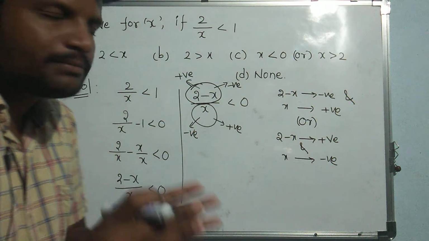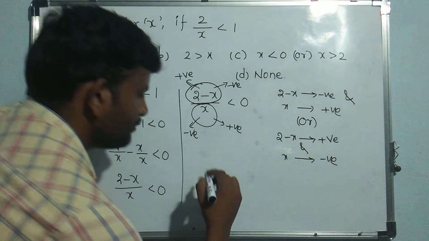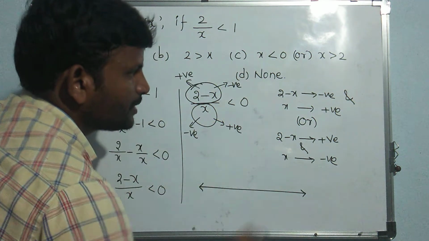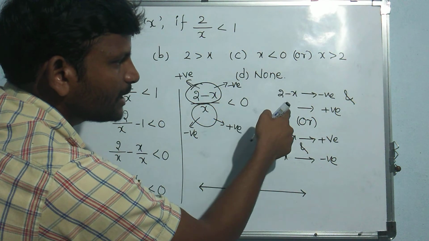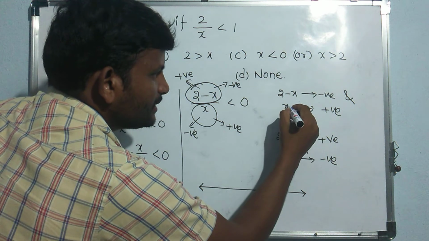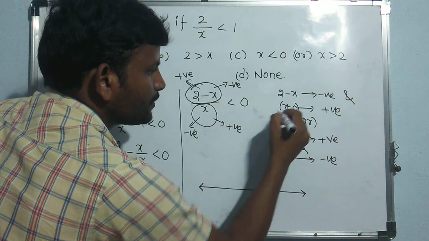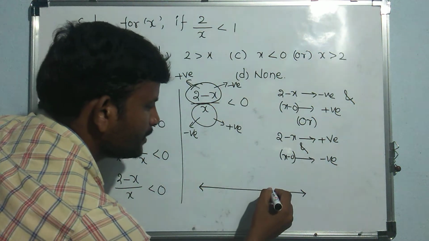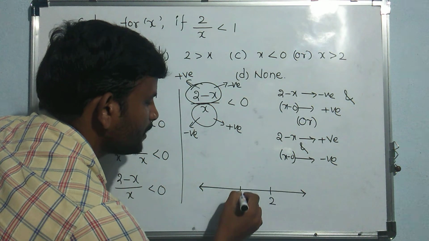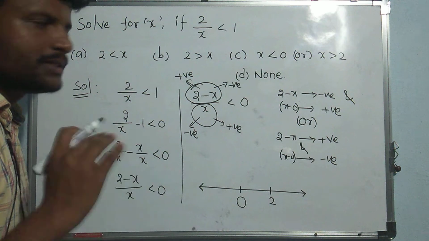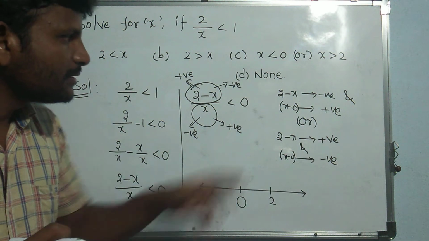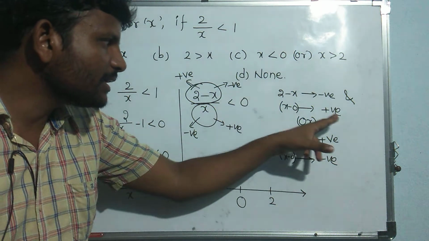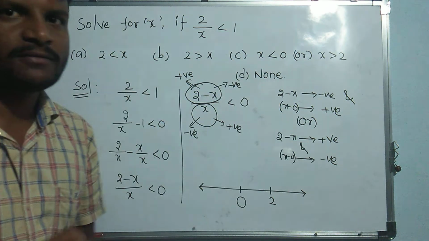Okay, so very simple. I will verify that here by taking a line. You simply draw a line like this, because we are looking for 2 as well as x only. If nothing is there, you think of x minus 0. One of the best methods to remember is like this, x minus 0 you take. So I am writing 2 here and 0 here. See students, here it is. The first property is 2 minus x must be negative as well as x minus 0 should be positive.